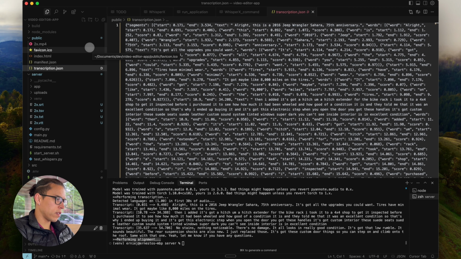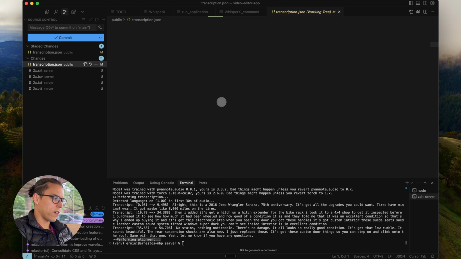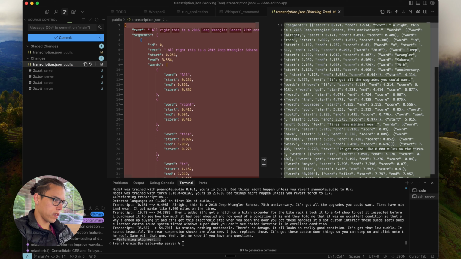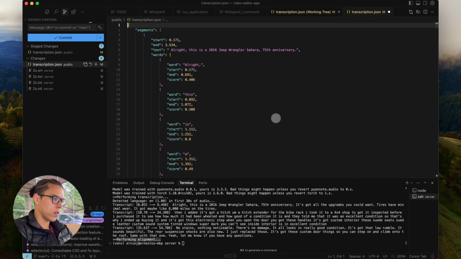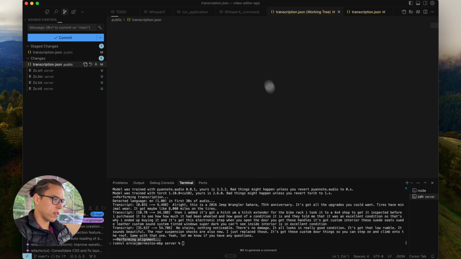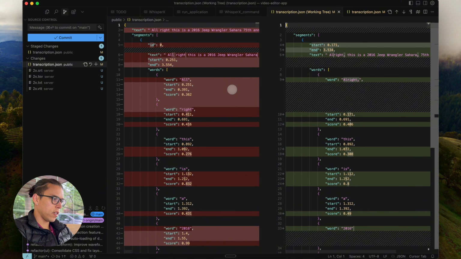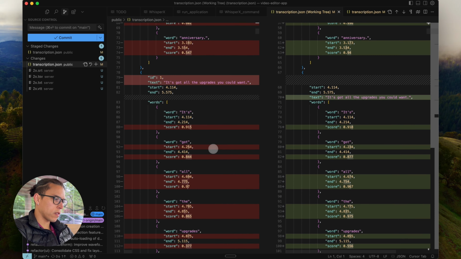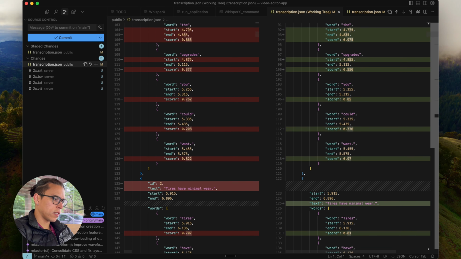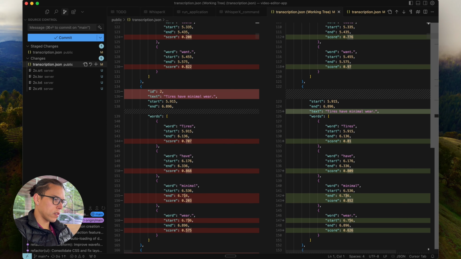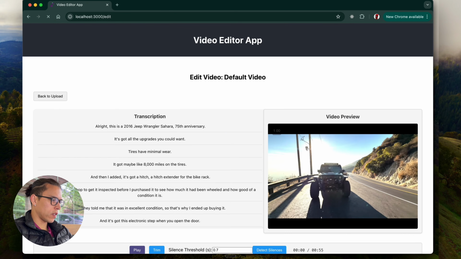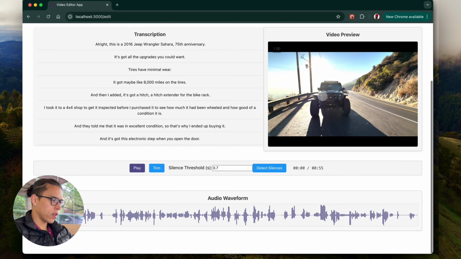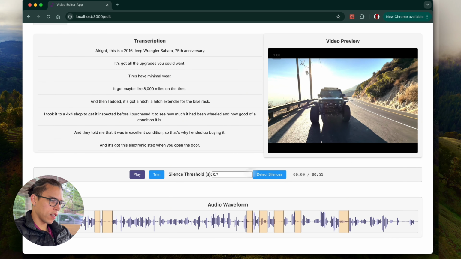So effectively, all I'm doing is replacing the file contents with the most recent transcription. The format isn't good, so let me just fix the format real fast. Run format document, save it, and if I look at the working tree, I can see it replaced the old transcription. So it mostly replaced just the timestamps and scores, sometimes the phrases, but for the most part, it's just the timestamps. And if I just refresh the app, and then I go down to detect silences, we can see